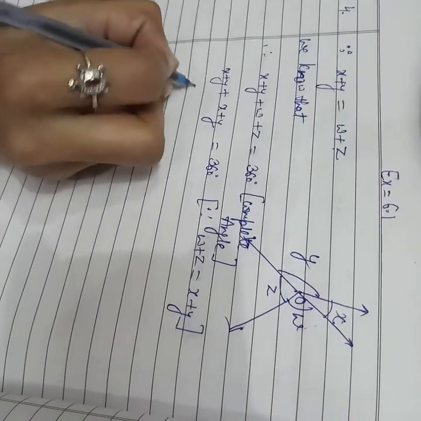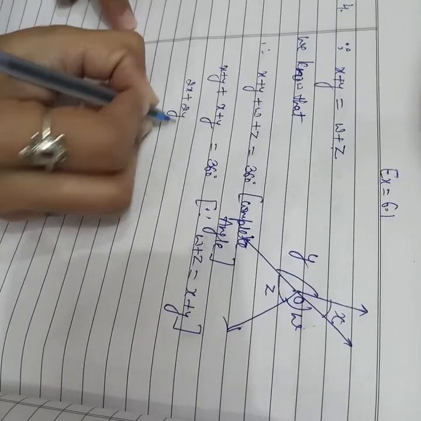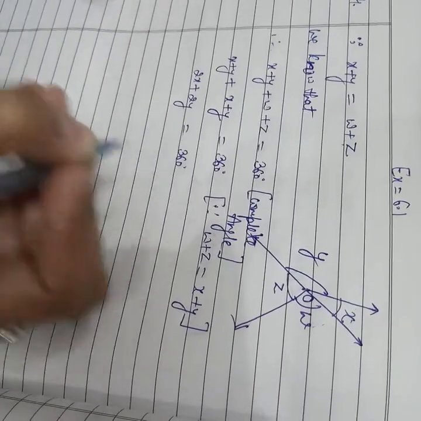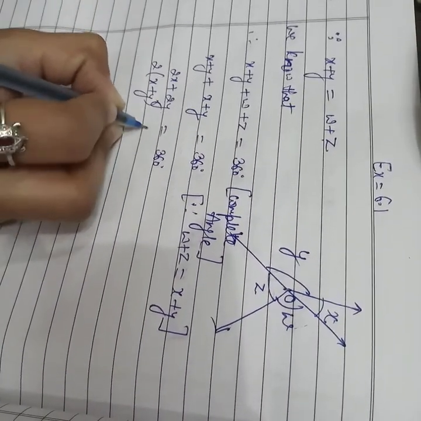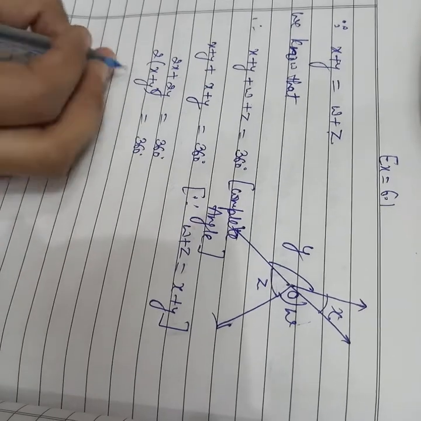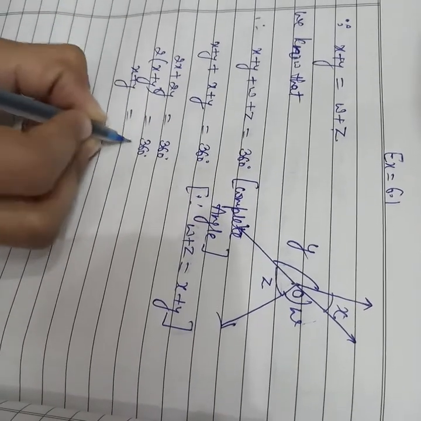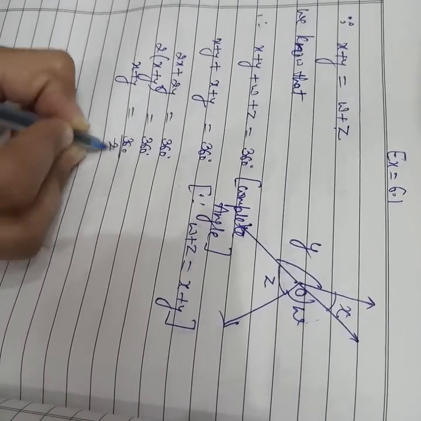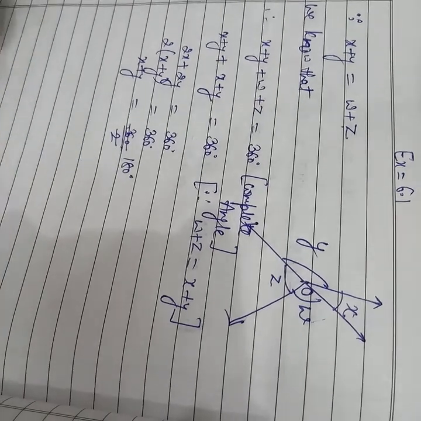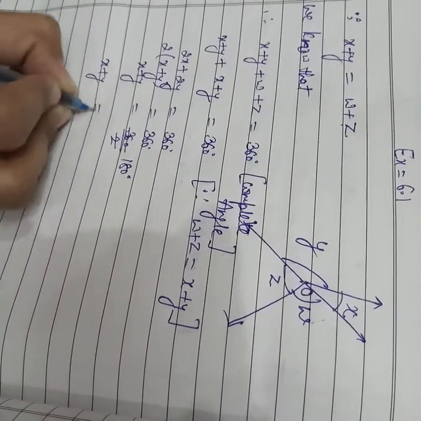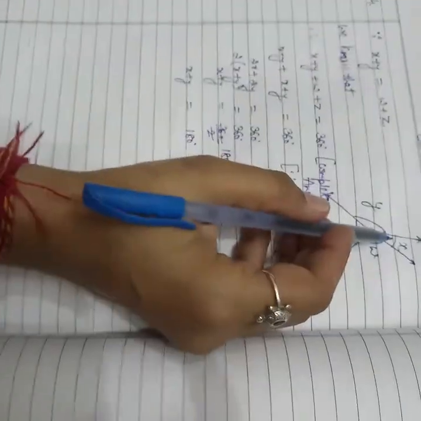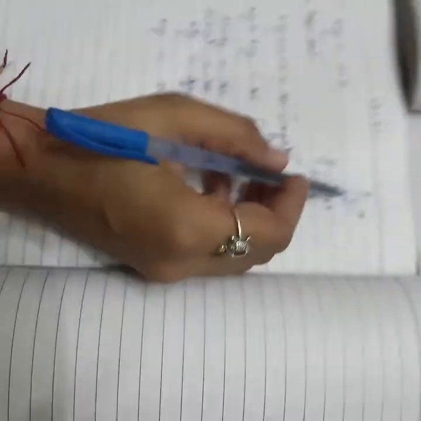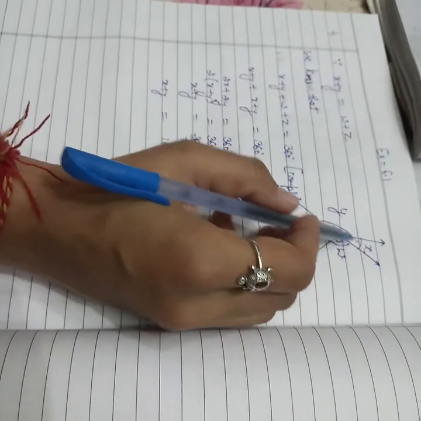Now x and x are 2x, plus 2y equals 360 degrees. Now 2 is common, therefore 2(x plus y) equals 360 degrees. Now x plus y is 360 divided by 2, which equals 180 degrees. Now x plus y is 180 degrees. Here x and y are adjacent angles and the sum of these angles is 180, so these form a linear pair,